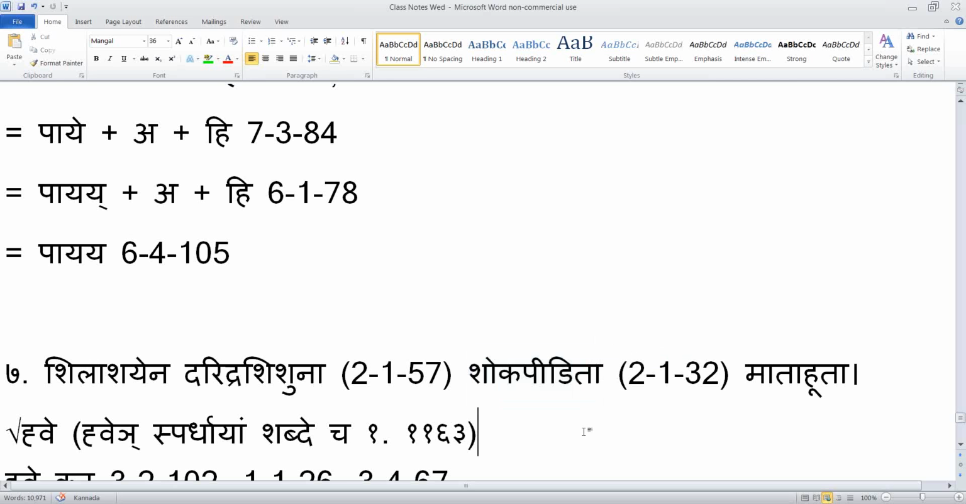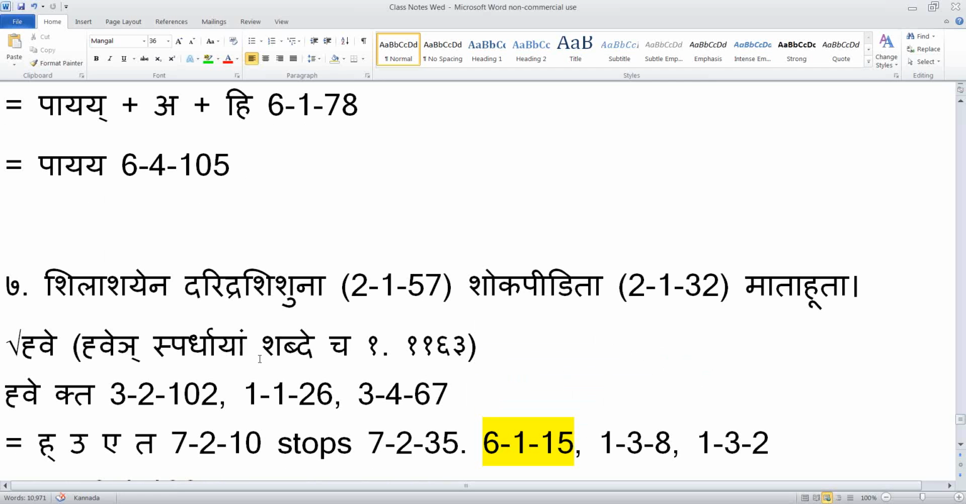So this dhatu is hvean, spardhayam shabdecha, but hva is to hvanam. So hvanam means to hve. Hve is to invite, to call, to address. So the pratyaya is ordained by the sutram nishtha